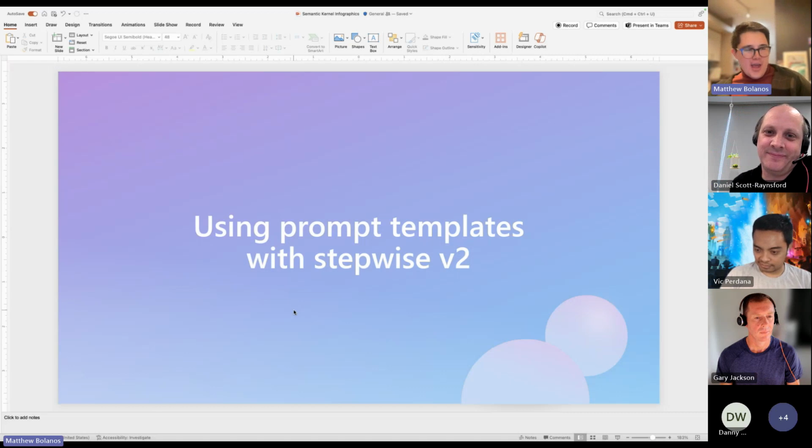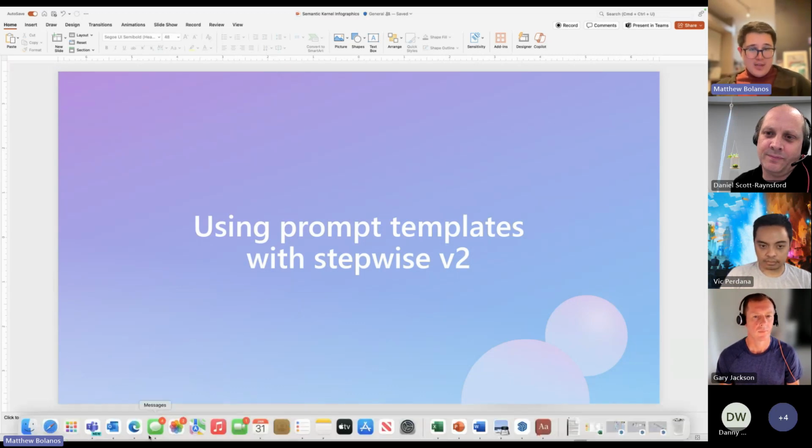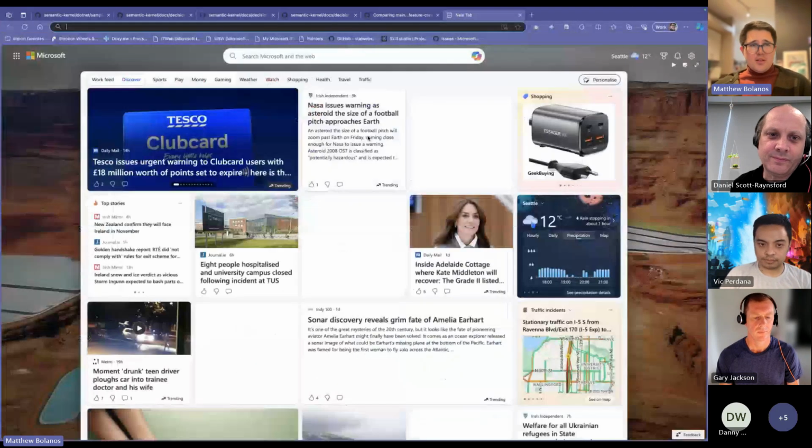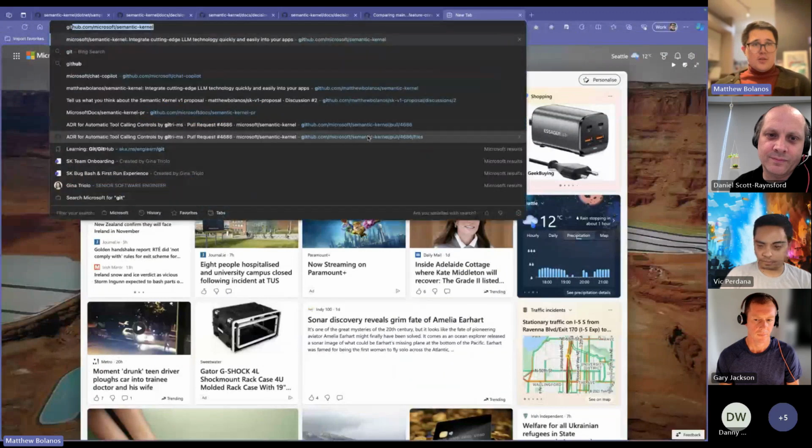So we do have some deficiencies with our current planners, and we now have 2 engineers working on burning down on them. I believe we have an issue for this one, at least I know we have it for the handlebars, maybe not for the stepwise. We can take a quick look.